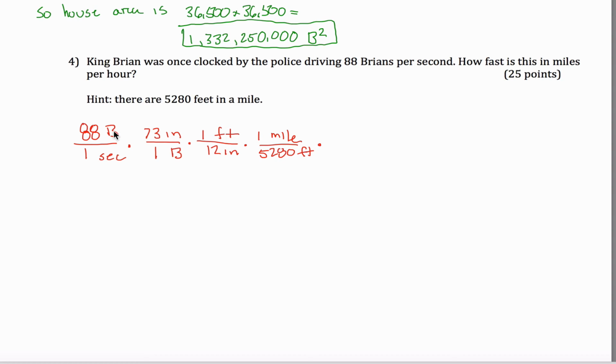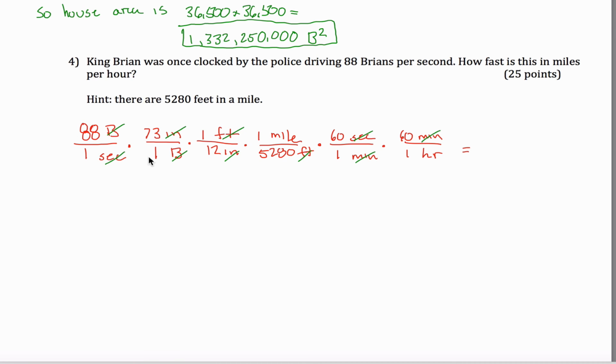So our units here are now miles per second, which isn't what we want. We want miles per hour. So we change seconds into minutes by saying there are 60 seconds in 1 minute. And then we change minutes into hours by saying there are 60 minutes in 1 hour. I can go through and double check my units here. The Bryans would cancel, the inches would cancel, the feet would cancel, so I'd be left in miles. And then the seconds would cancel and the minutes would cancel, so I'd be left with hours on the bottom. If I multiply across, I get 88 times 73 times 60 times 60